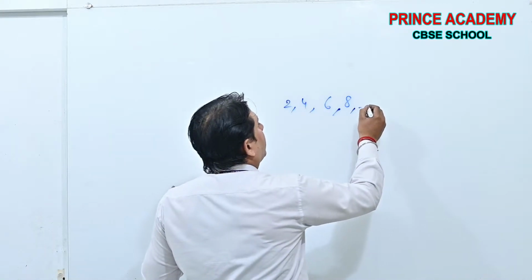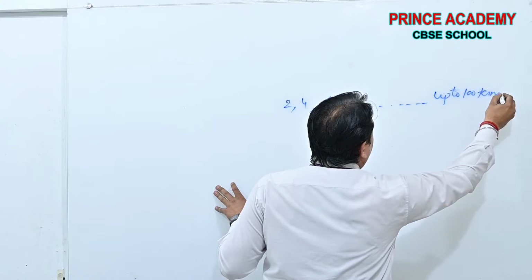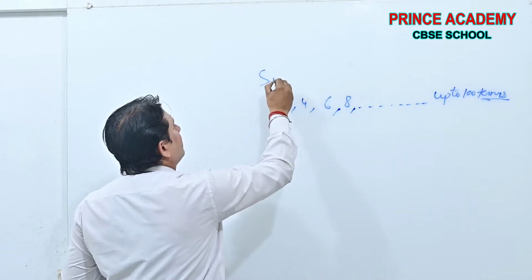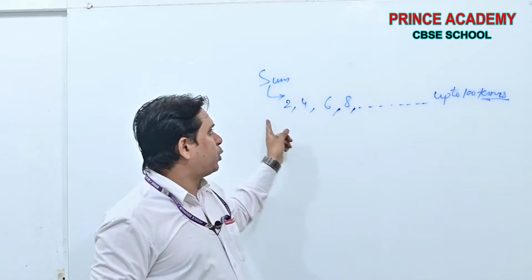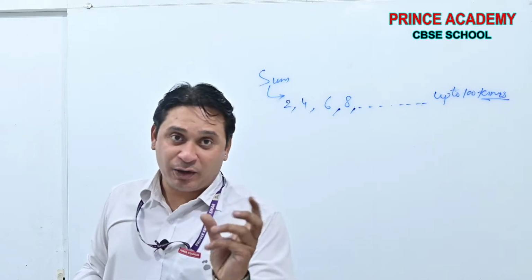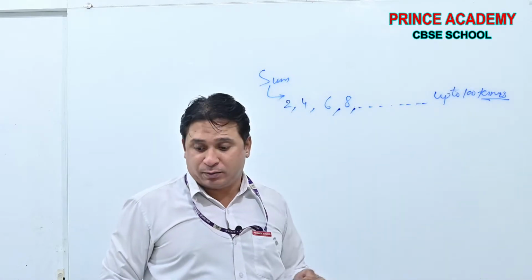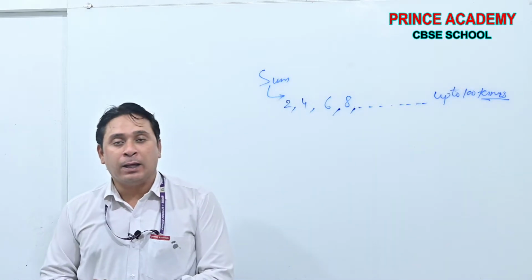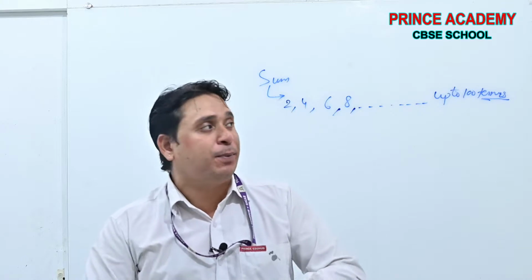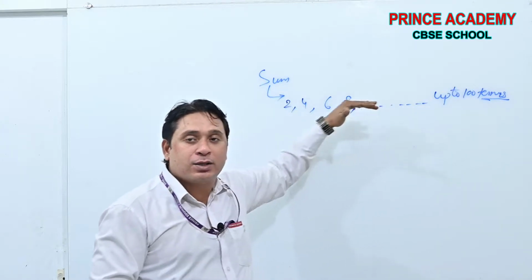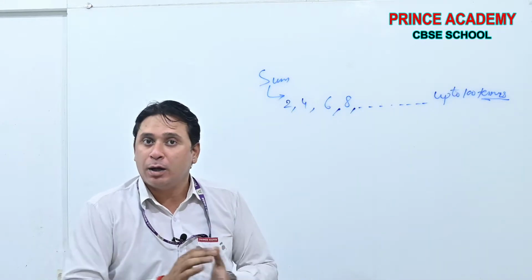But suppose it is asked for the sum up to 100 terms. What is the sum of the terms of this AP up to 100 terms? Then it will be very difficult, beta. First you will write up to 100 terms and then you will take the sum. It will be very complex. Now, is there any relation that can help us find the sum of the first n terms of an AP? Are you getting my point?